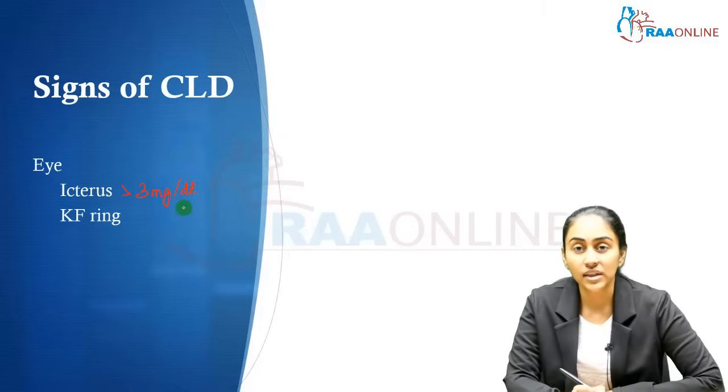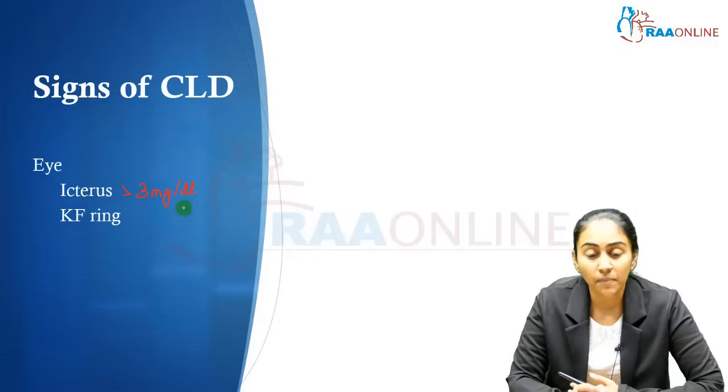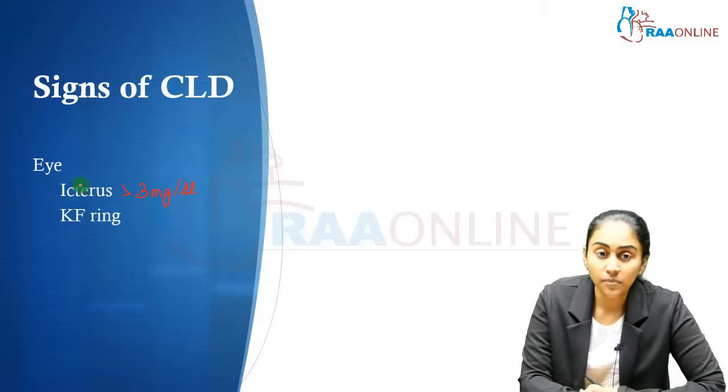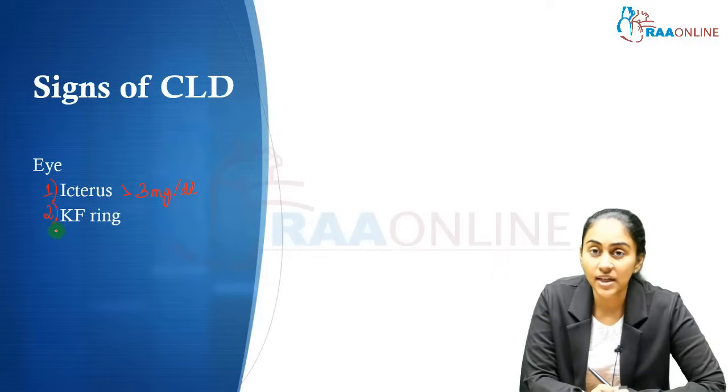Even before the sclera becomes yellowish, in a patient with jaundice, the patient starts developing darkening of his urine color. Then in the eye, another important thing that we need to look for: the first thing is icterus, the second thing is the Kayser-Fleischer ring. This is a ring that is seen in the Descemet's membrane, which is helpful in diagnosing a patient with Wilson's